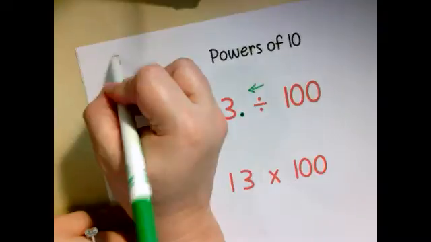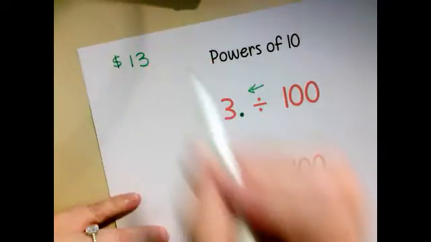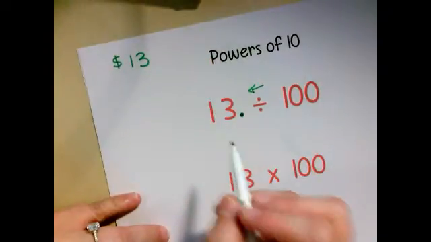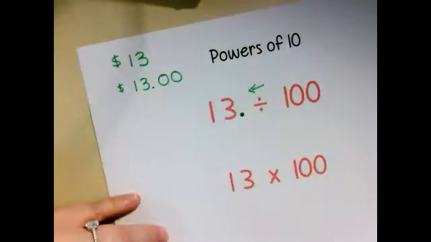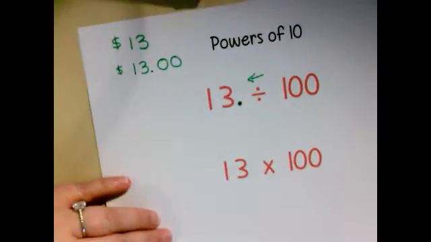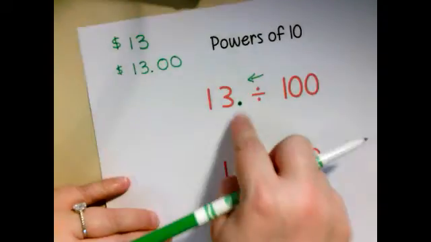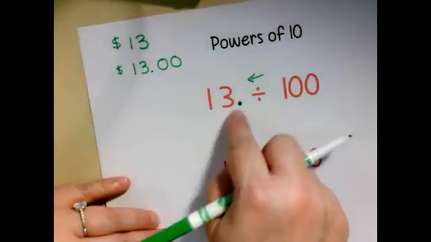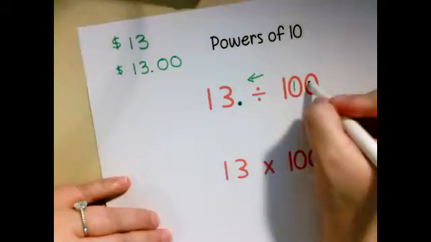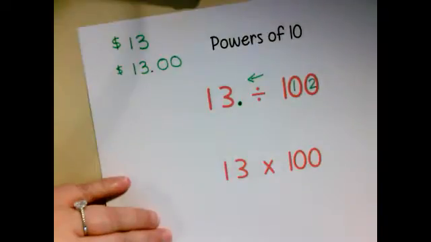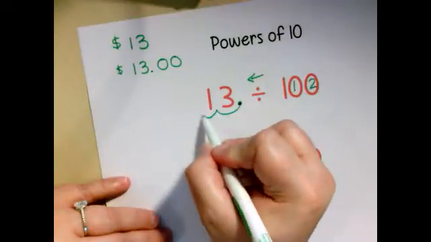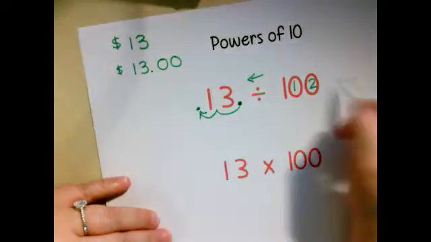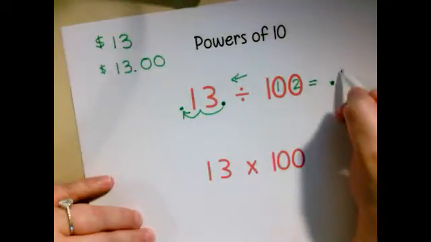Because you guys know that if you go to the store and you see something that says it's $13, that's the same as this, $13. So there is always a little decimal there after the whole number, even if it's not written there. So that's a little bit tricky. If we're going to divide this, we're dividing by 100, so we're going to move that 2 times, back 1, 2. So our quotient is